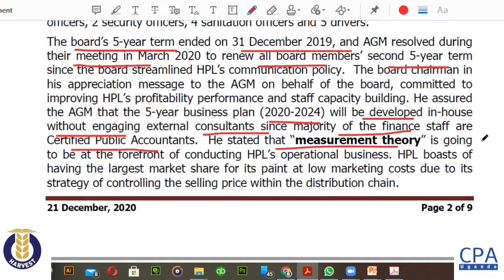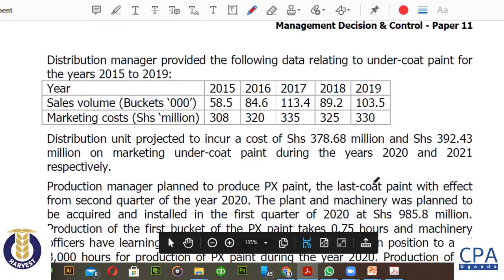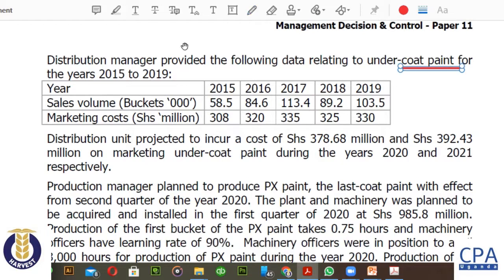He stated that measurement theory is going to be at the forefront of conducting the company's operational business. The company boasts of having the largest market share for its paint at low marketing costs due to its strategy of controlling the selling price within the distribution chain. The distribution manager provided the following data relating to undercoat paint for the year